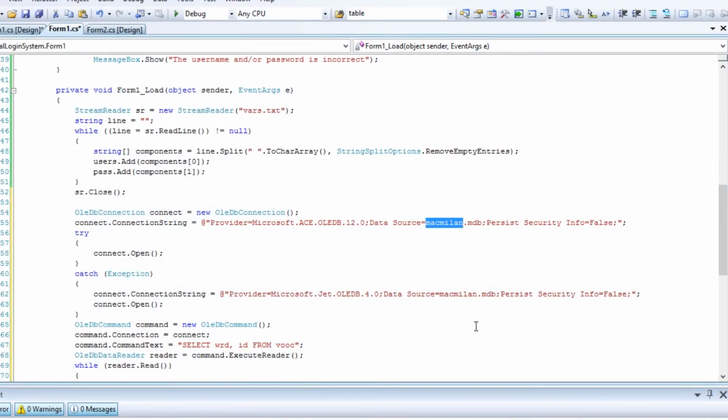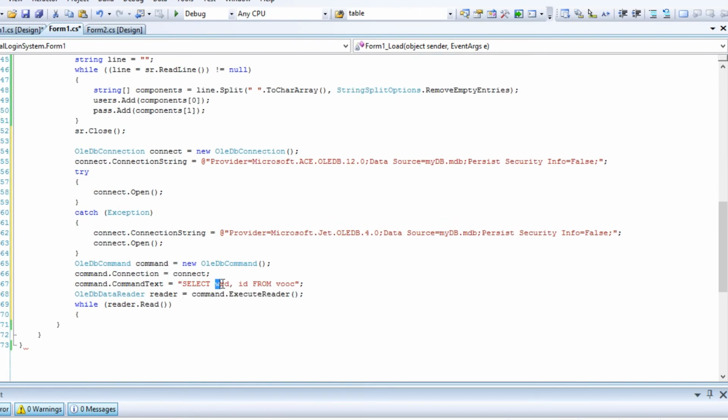We need to change the data source value. Also, we should specify the columns from the table in our database.